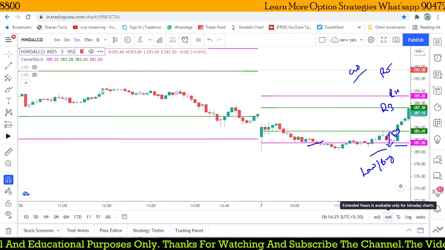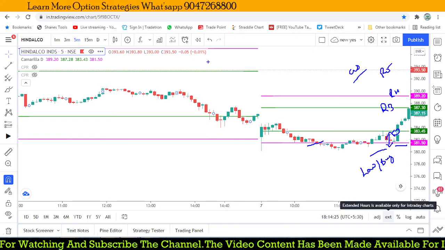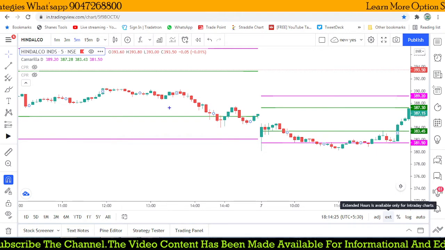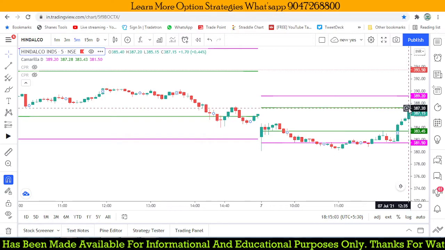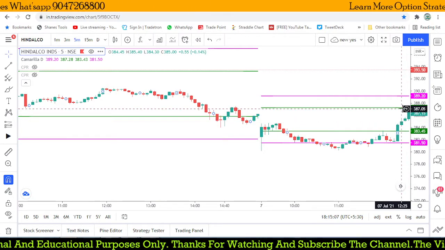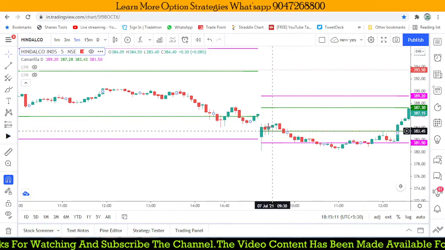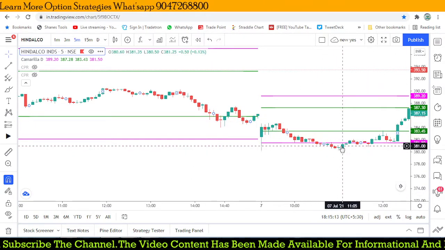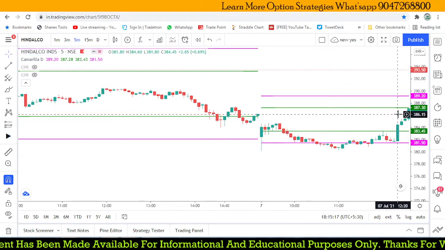Now the market is going up, so I can trail my stop loss for the trade too. What happened is the market is slightly moving up and now it breaches up to that R3 level, which is a sell reversal. But we are not going to focus on the stock for a sell reversal because it is already a failure breakout on the selling side, so there may be chances to move to the higher side.